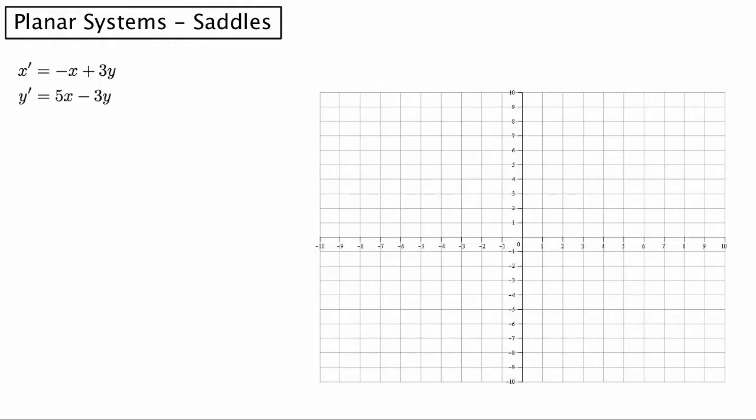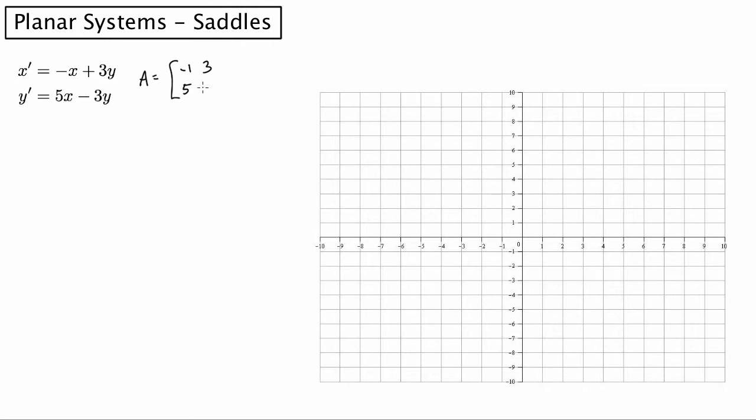Welcome to another podcast. This episode we're going to be taking a look at what are called saddle point systems, or planar systems that have critical point behavior called a saddle. You're probably familiar with the term saddle from looking at some things in Calculus 3. And so I think you'll know where this term comes from when we get to it. But the system that we're looking at here is minus x plus 3y and then 5x minus 3y. Its coefficient matrix